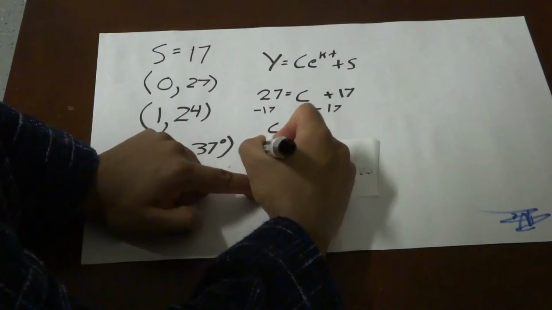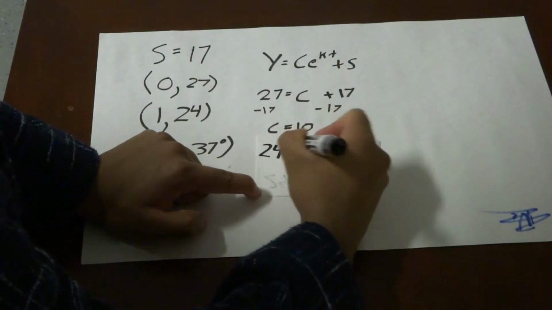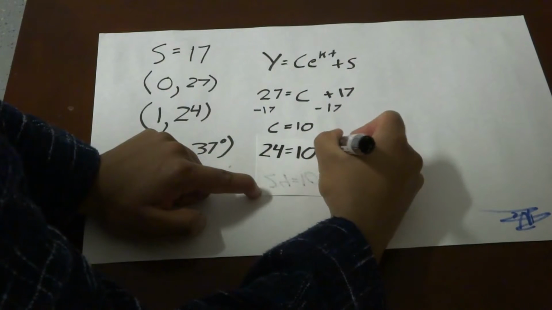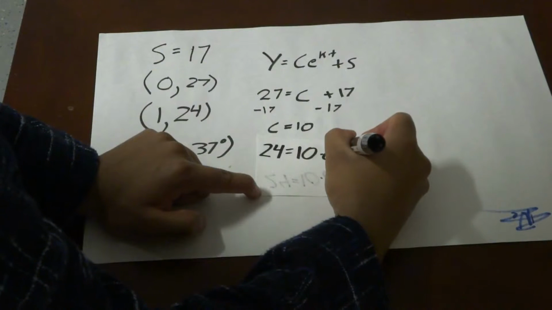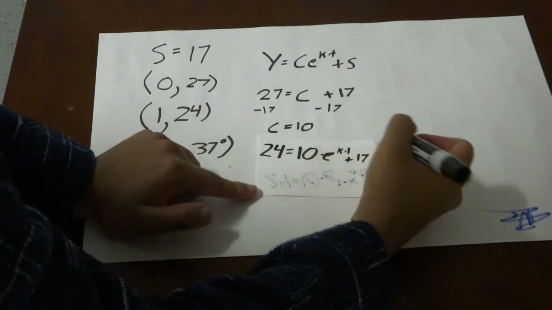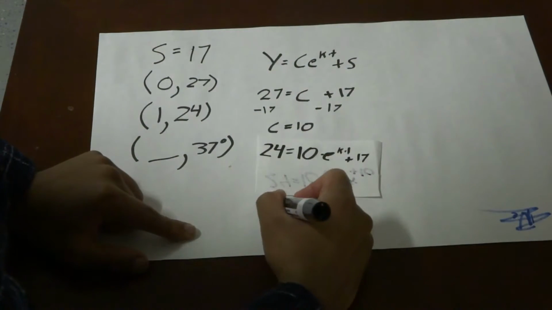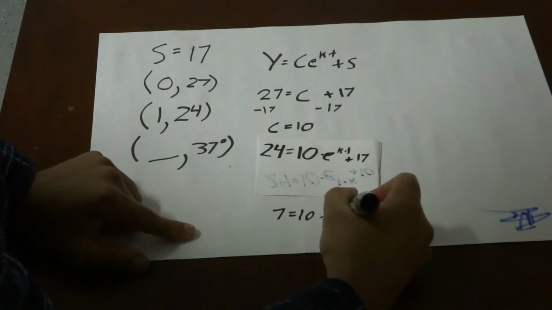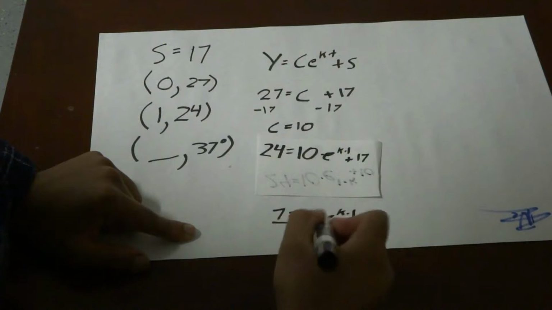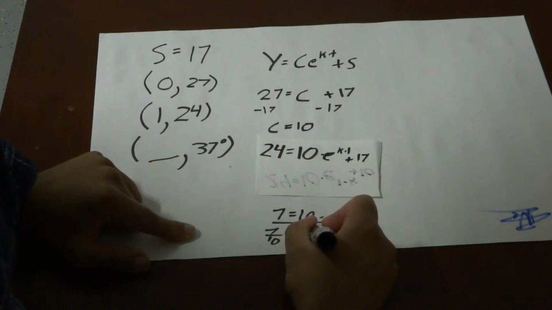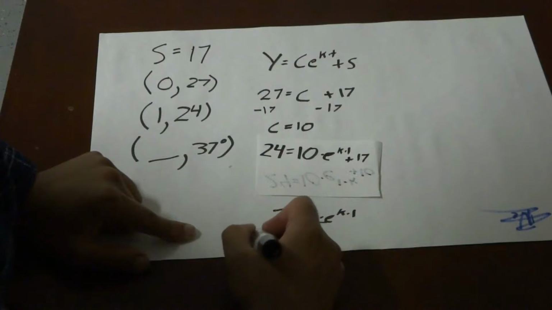The y value is 24, which is equal to our newfound c value of 10 multiplied by e to the power of k multiplied by our time of t, 1 hour, plus our s value of 17. So from there we subtract 17 from both sides. We get 7 is equal to 10 multiplied by e to the k times 1. We can divide both sides by 10 and we get 7/10 is equal to e to the k times 1, which is really just e to the k. Taking the ln of both sides,